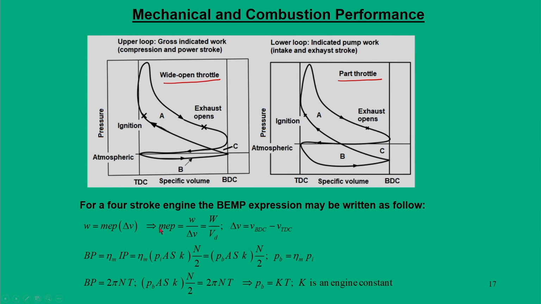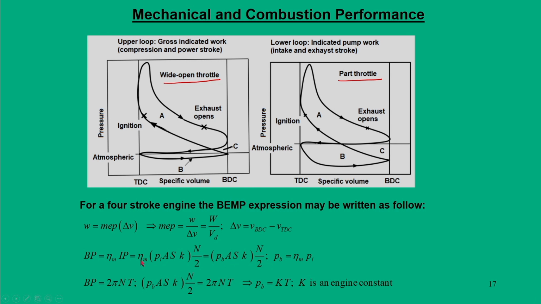This mean effective pressure you are now going to use as the brake mean effective pressure. So, how are you going to do it? First, we can calculate the brake power as the mechanical efficiency of the engine times the indicated power. Since we know the indicated power from our earlier calculations, we can write the expression in terms of indicated pressure. Now, we introduce the term brake mean effective pressure, PB, which is nothing but mechanical efficiency eta m times Pi.